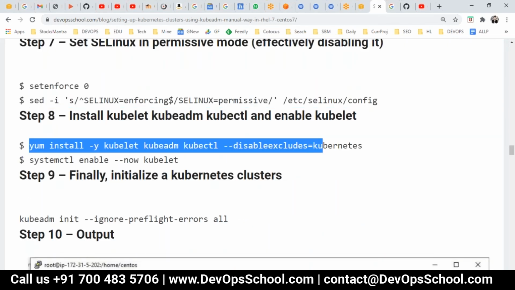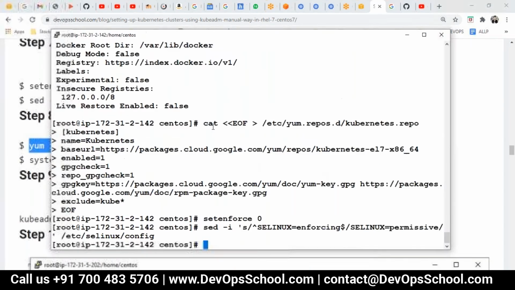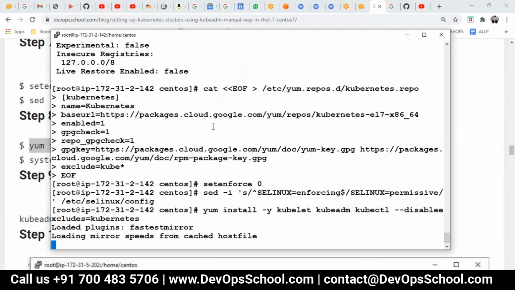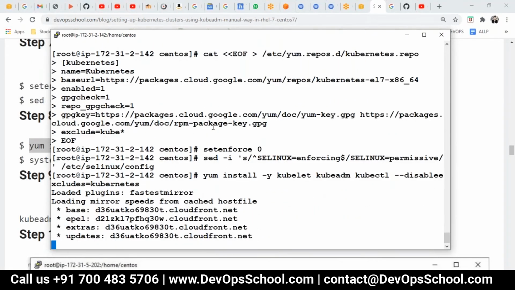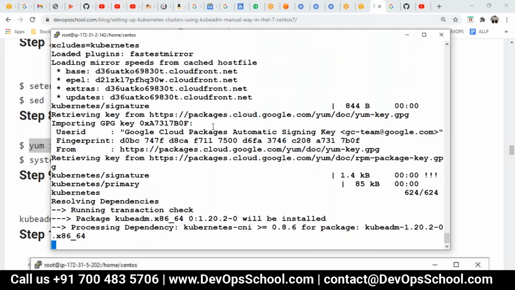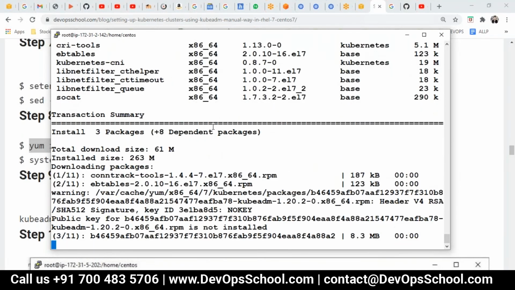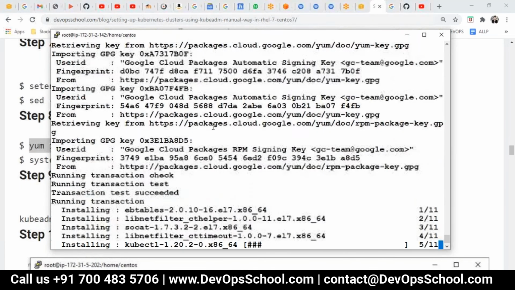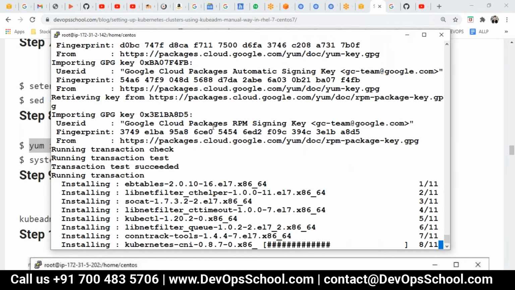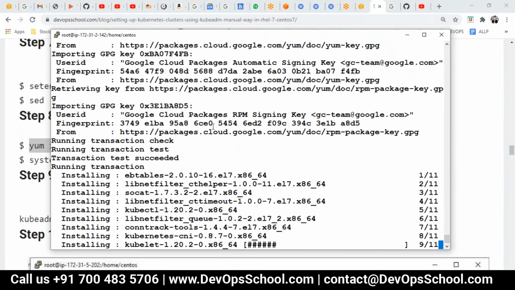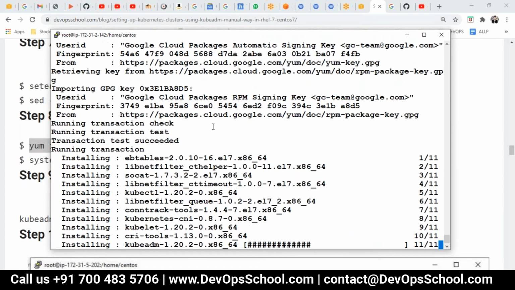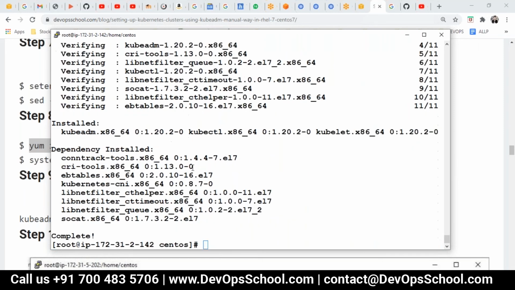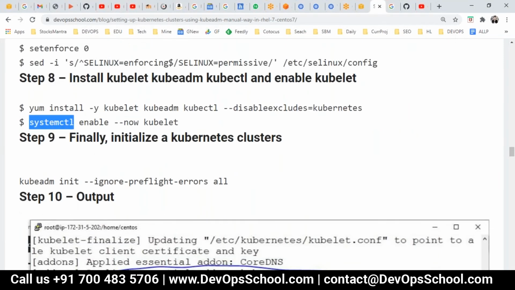Now after that, you have to install all these tools. And after that, you have to enable this kubelet.